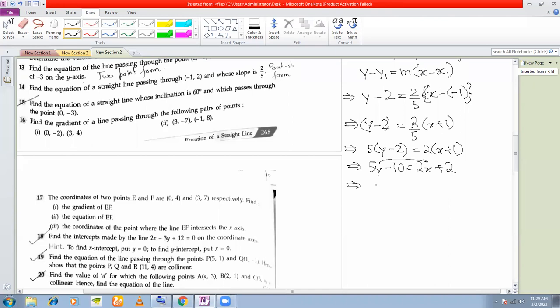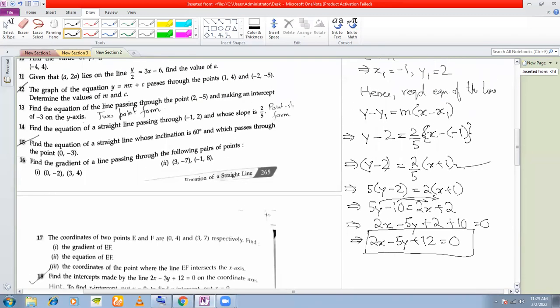Right? So now you make one side 0. You take everything this side. So you have 2x minus 5y plus 2 is already there, so you don't need to change the sign of 2. And 10 you are taking this side, so plus 10 is equal to 0. So you are getting 2x minus 5y plus 12 is equal to 0. This is the required answer. Although even if you do till the earlier part, you will still get full marks, but this is the actual way of expressing your answer. Okay. Next form